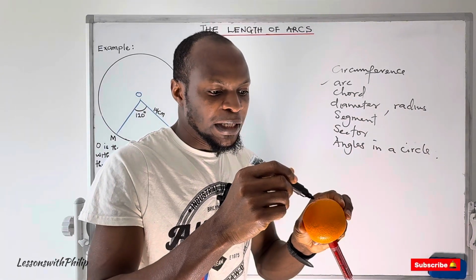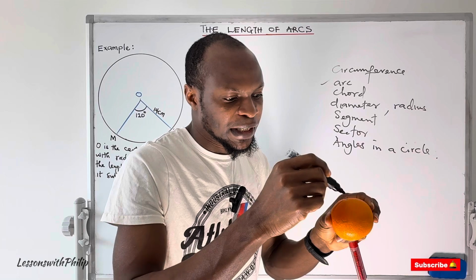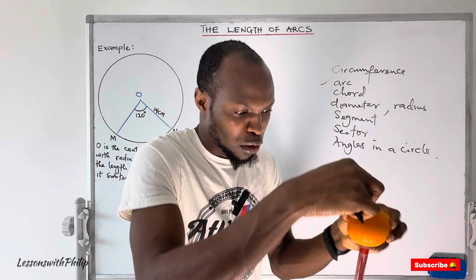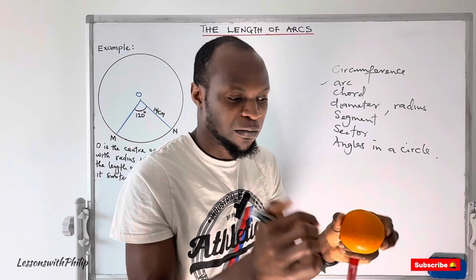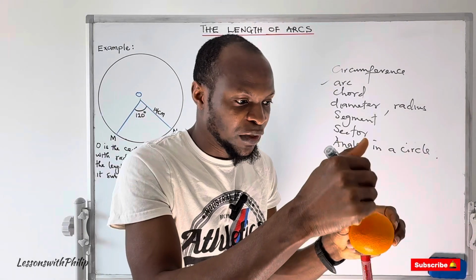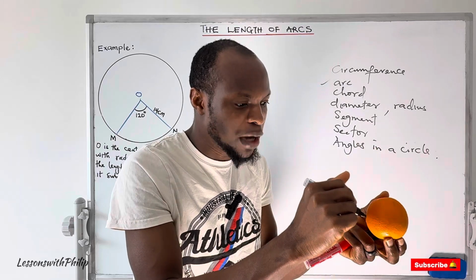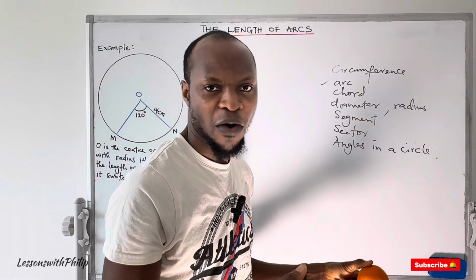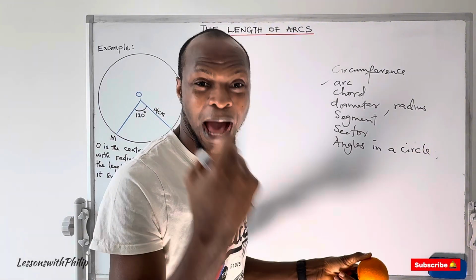Now, the distance along these 2 points on this circumference, which I've marked, is known as the arc of its circumference,